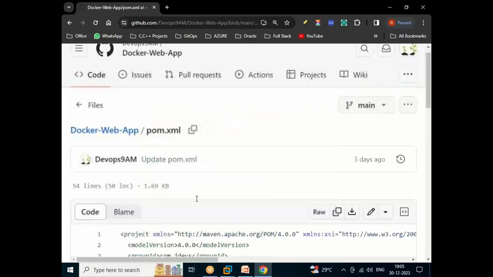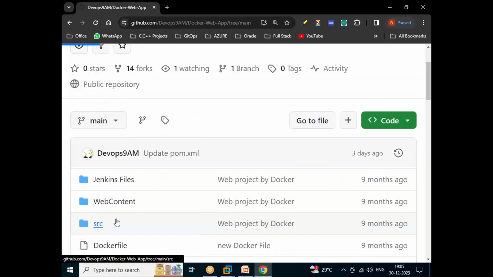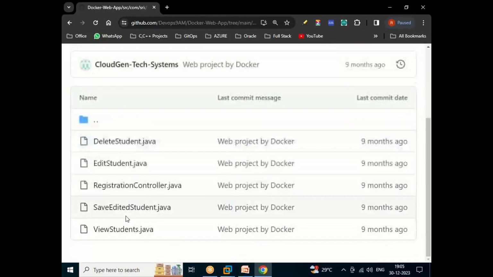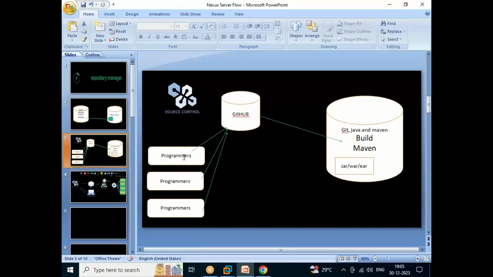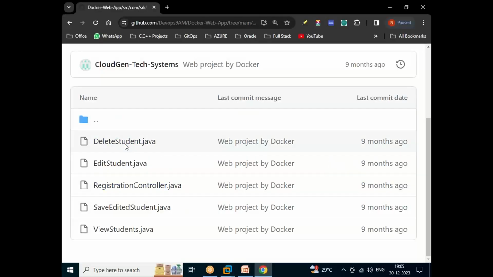See, guys, for compiling the code, whatever source code we have inside this repository, this is the source code. Inside this, we have .java files. See, guys, these are all the Java files. This is the source code, which we got from the developer. Developer means programmer. As a DevOps engineer, you need not worry or bother about this coding. We are not going to write code. We are not going to modify even one single line or single character inside that Java file. But what we do as a DevOps engineer